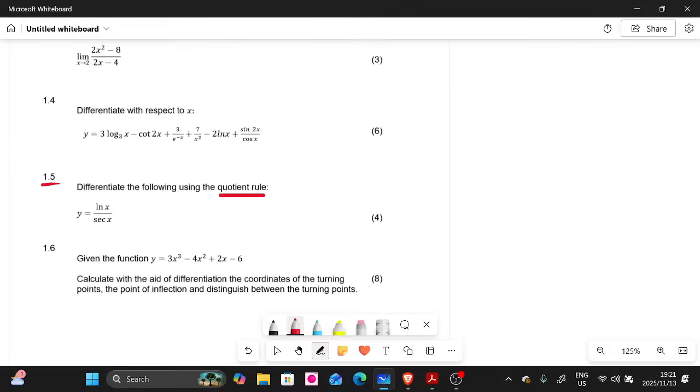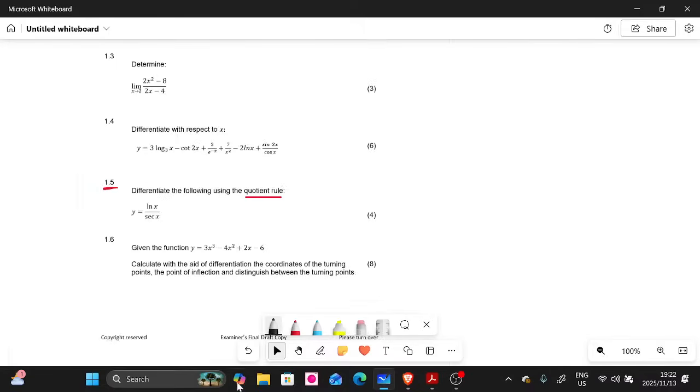Now, quotient rule, we never did it on the live stream. So if you're a member, please try to pay attention here. But I also have done the quotient rule offline, so just in case you want to watch it on the older videos, you can go to the playlist. You will see the quotient rule there. Now let's look at 1.5. Let me zoom down here so that we can have space.